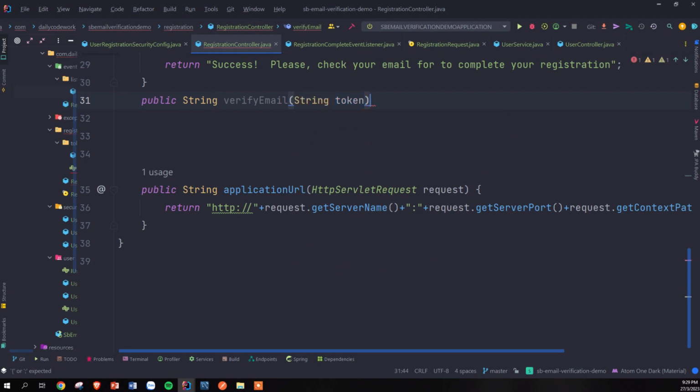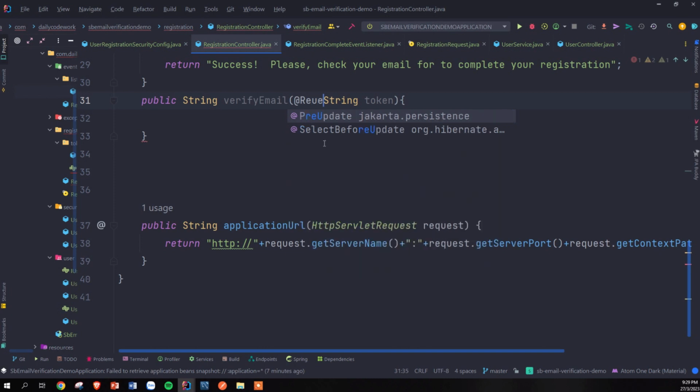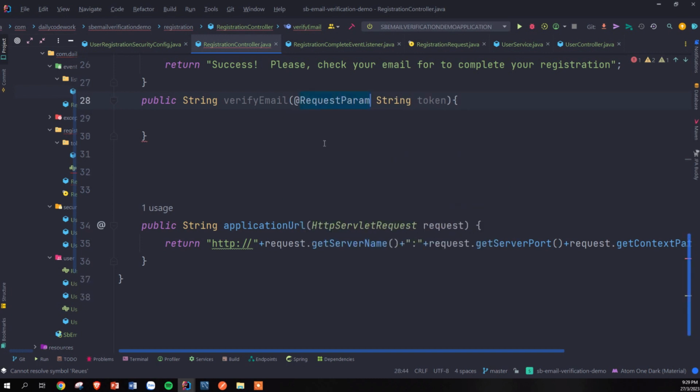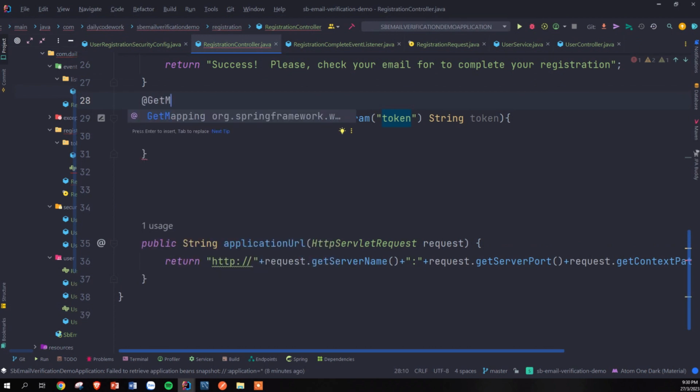String token, and this one here is going to be a param, right? It's going to be request param. So we're going to say @RequestParam, and this param is going to be the token here. And now I'm just going to do this as get, because this one is going to be GetMapping, right? So this one's GetMapping, and